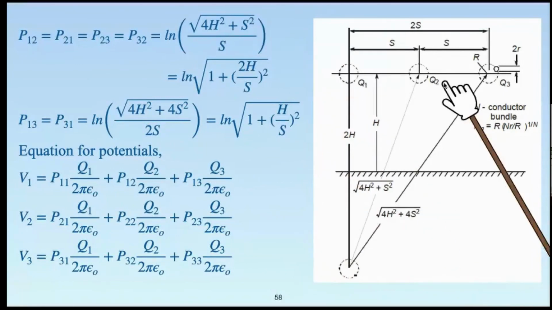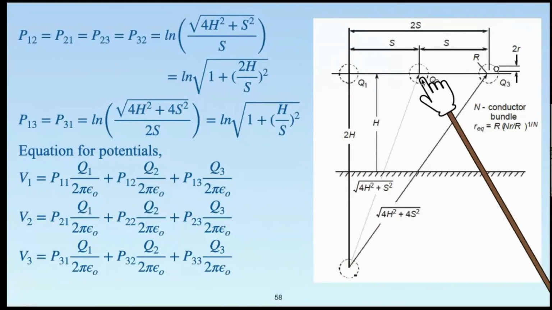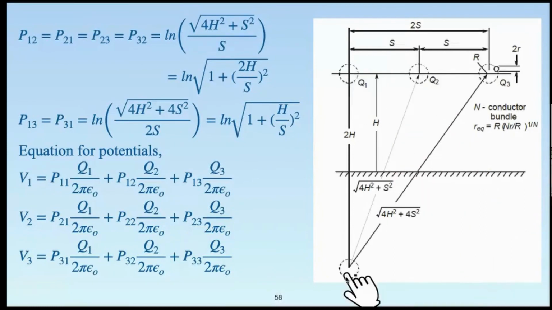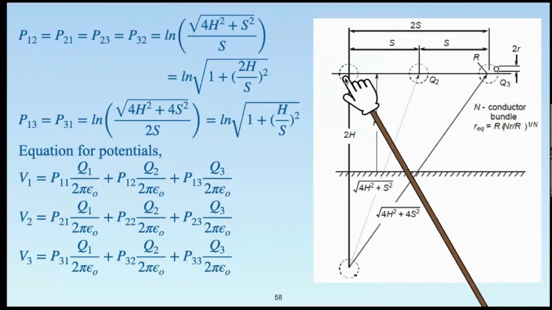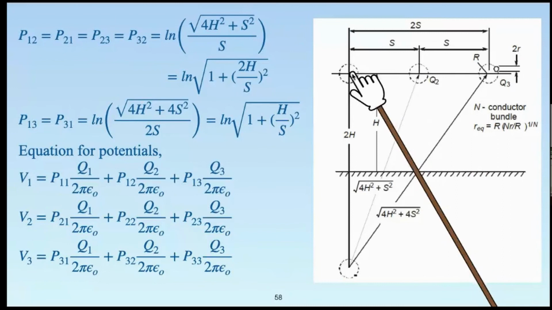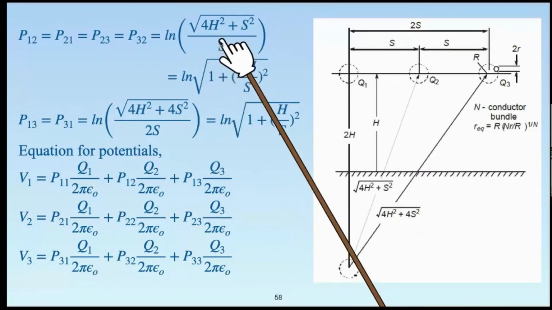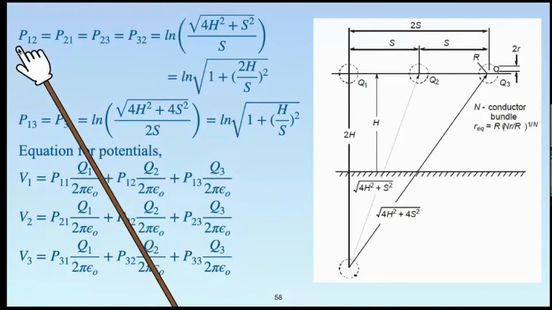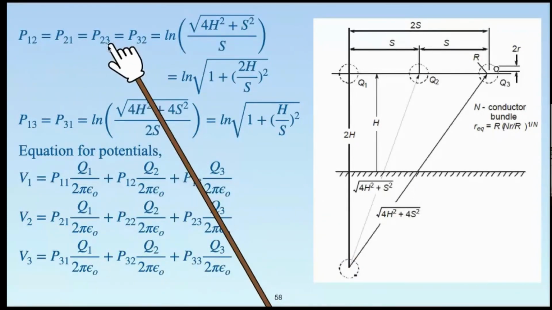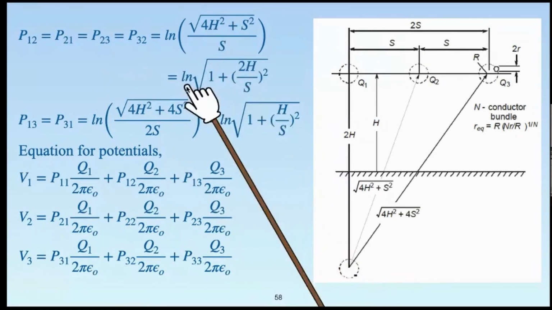Let us say I am trying to find the electric field on Q2 due to the image of Q1. So the distance is under root of 4h square plus s square, the distance from the image first, and then the distance from the actual conductor due to the charge of the conductor. Image of Q1 and charge of Q1. So the distance from Q1 is actually s. Remember, these are mutual ones: 1, 2, 2, 1, 2, 3. So when I say 2, 3, I have to look at the distance from the image of 3 and then the distance from the conductor 3 itself. So the same thing can be applied and simplification can be done.